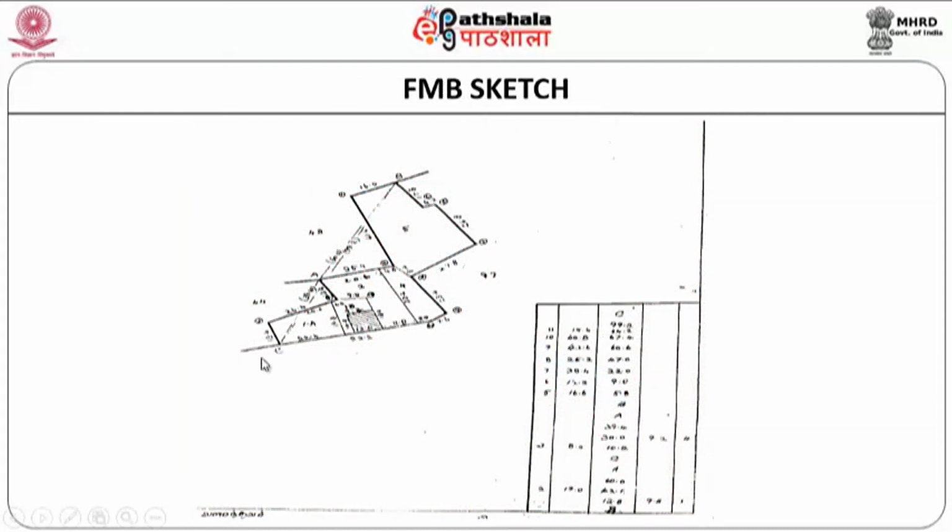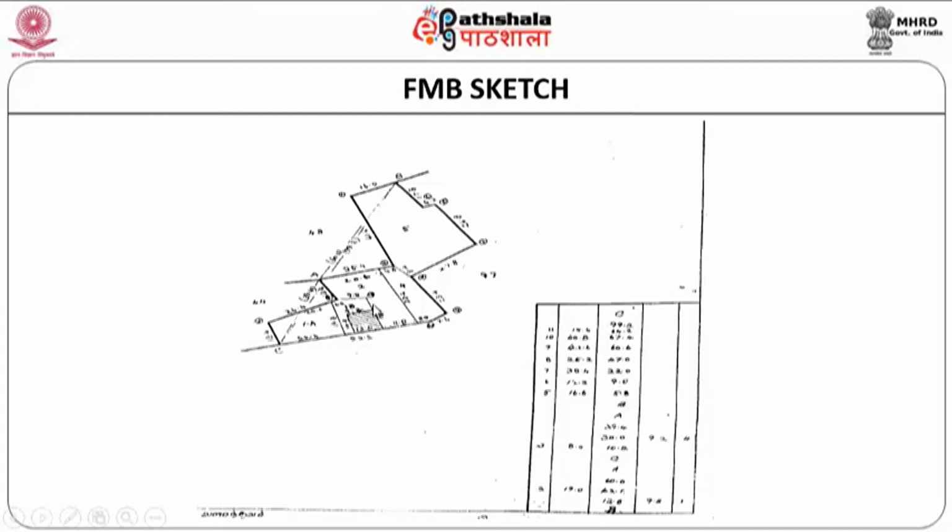FMB sketch: this is what I was telling you about, drawings which are available with various agencies. We collect the data and then try to input it. Of course, there are two ways in which you can develop this data. Either simply keep it as a background and take it into the GIS as a raster image, when you just scan the data and it goes as an image into a GIS environment, wherein we try to digitize or trace all these features and get the output. Of course, we can also build the data using, say, LiDAR data.